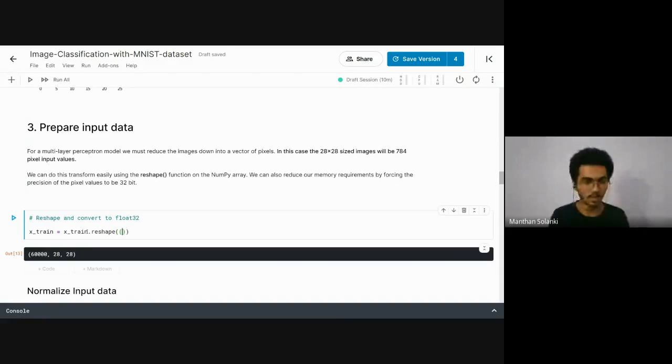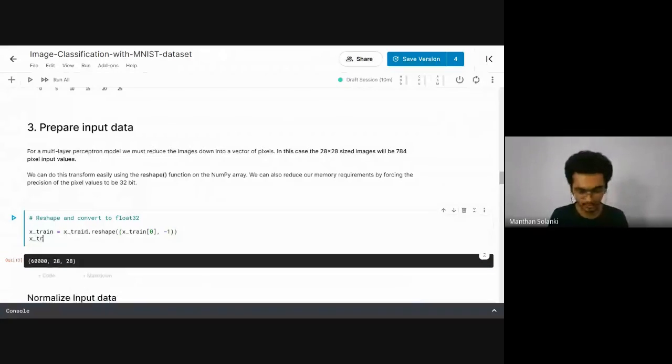Reshape requires a tuple as input shape. For the first dimension we need 60,000, so xtrain.shape of 0, that means 60,000, and minus 1 means whatever the remaining dimension is, it simply multiplies it. Same for test, xtest.shape of 0, because here we have 10,000, and minus 1.